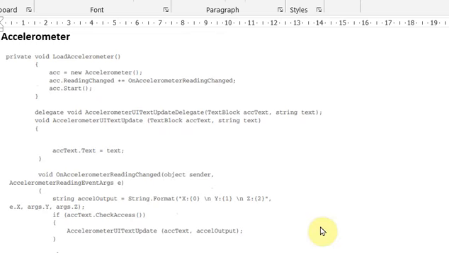First of all, you load the accelerometer. For this class, you have created the object, ACC. Then we use an event called reading change, which is what we call here. Along with that, you have to start the accelerometer. ACC dot start is nothing but starting the accelerometer.